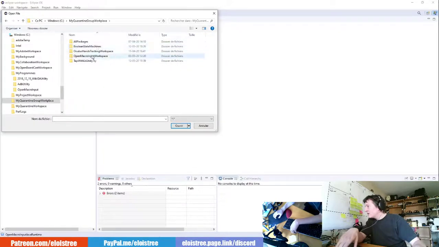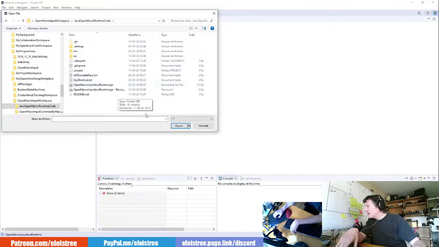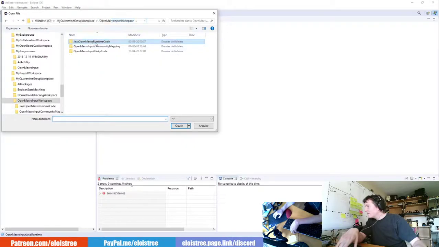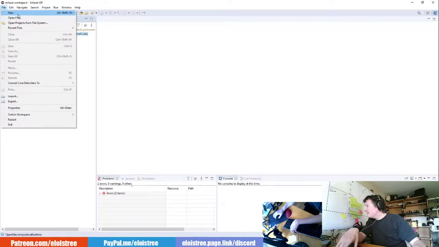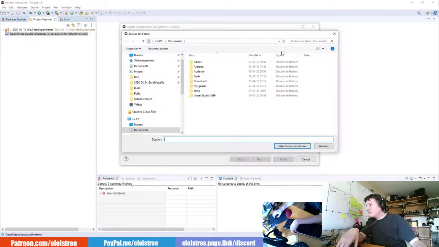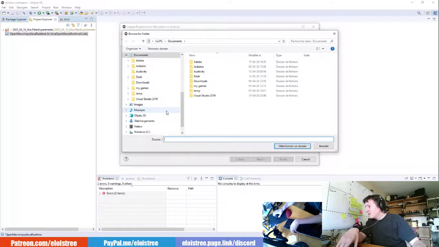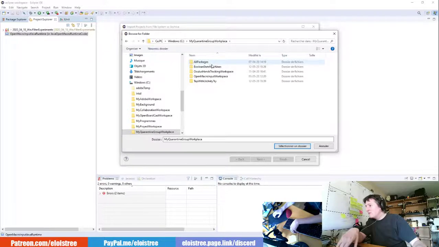It must be here, and then open macro, Java, yeah, this is this one. It's not a file, it's a project that I need to open. Directory. Yeah, I'm giving some little music too. You have an elevator music, Cyril?